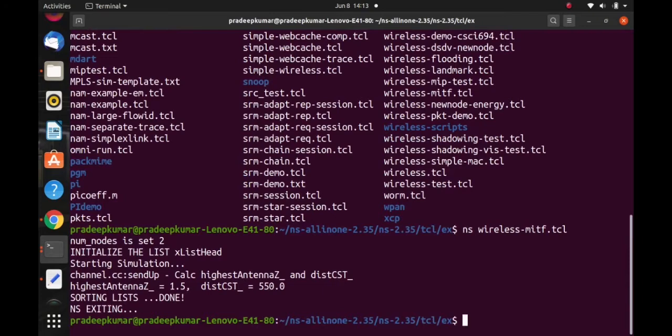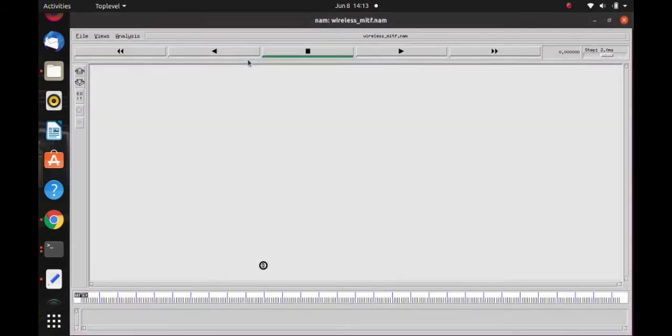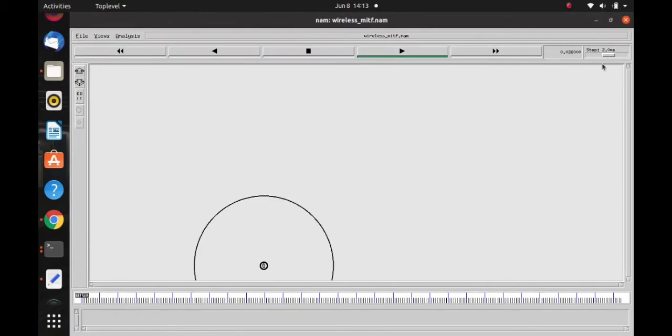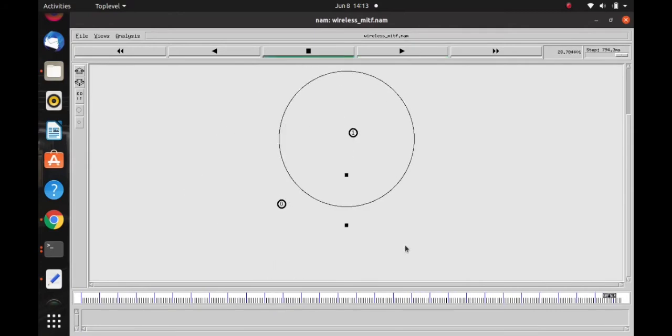A simple example, it's running nam wireless-mitf.nam. So it's working fine. Yes, the network is working fine.